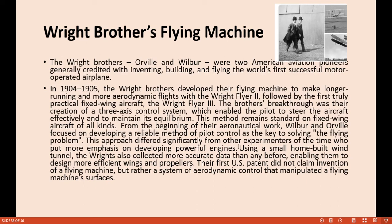From the beginning of their aeronautical work, Wilbur and Orville focused on developing a reliable method of pilot control as the key to solving the flying problem. This approach differed significantly from other experimenters of the time, who put more emphasis on developing powerful engines, using a small home-built